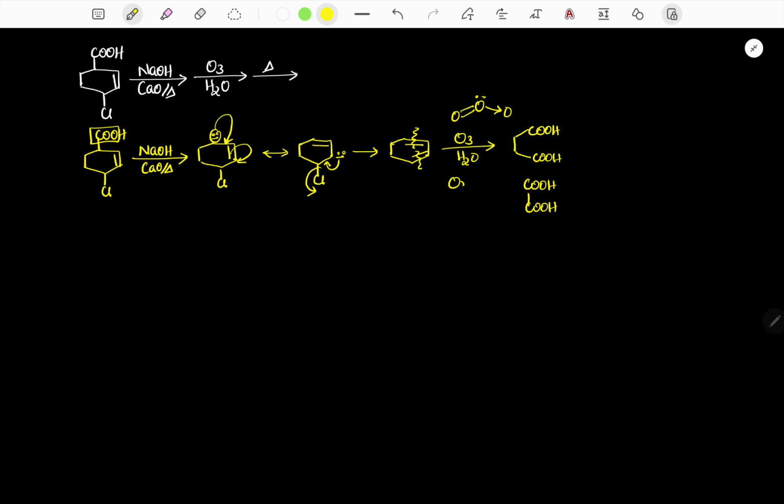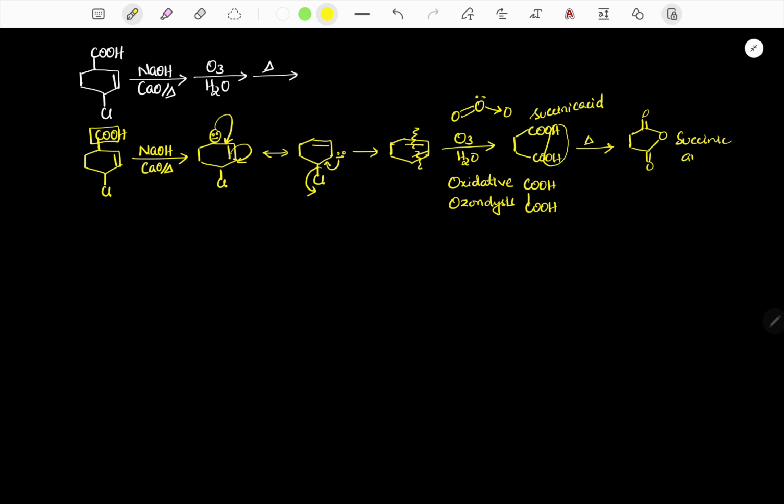So it is simply an example of oxidative ozonolysis. Now, when you are heating this compound, it is succinic acid. So succinic acid undergoes dehydration and forms the corresponding